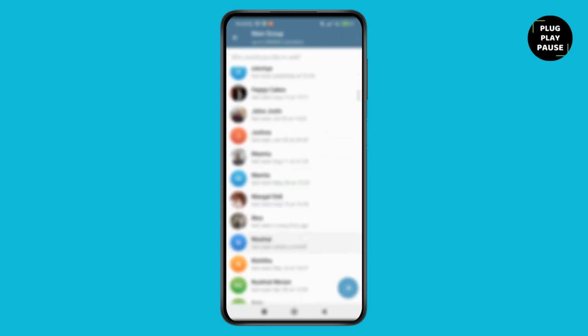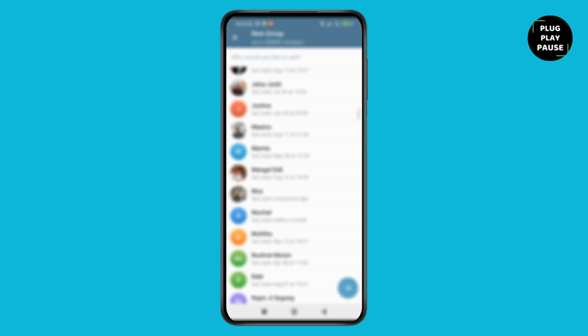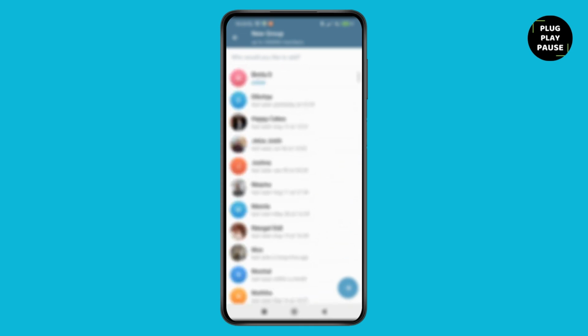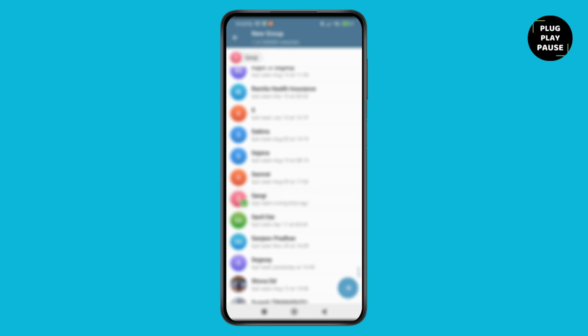Then tap on new group as you want to create a new group, and all you have to do is just add up the people who you would want to have in the group. You can add up to 22 lakh members. So you just have to select the people that you want to add in this group, and then you can create a group over here,